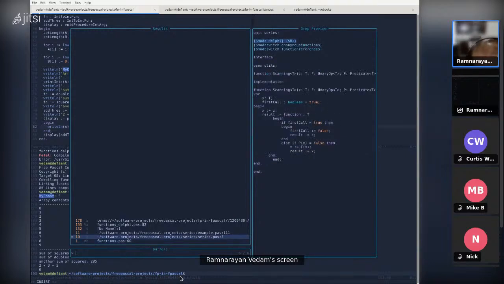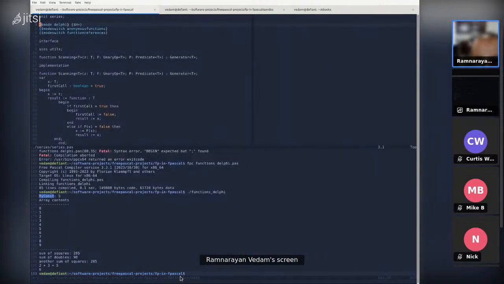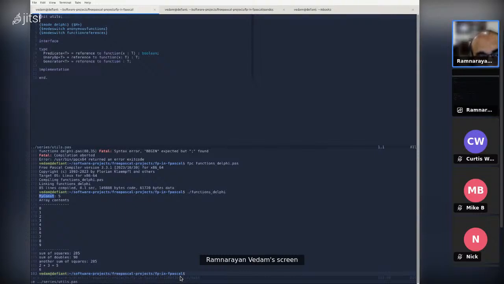First, I need to give the example that we're going to be dealing with. Here we have created, and I guess I should also show this, essentially three type aliases: one for predicates, unary operators, and generators, to generate different types. This is one way of creating something like a scanning object that will generate different types of values that you are providing, and then you can return to it.